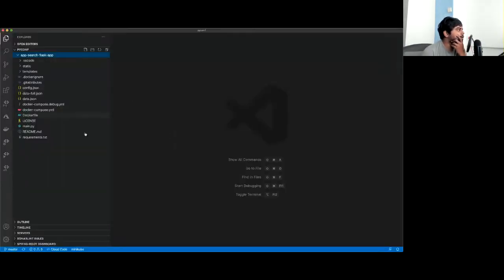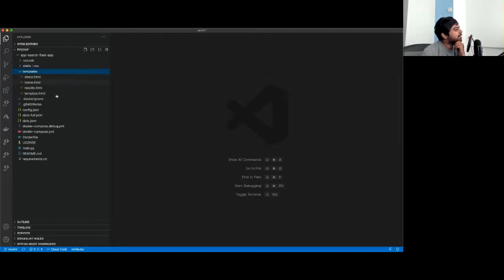I have a bunch of files here which I will walk you through, and if you have any questions in between, let me know. If I'm going fast, which I actually am, because I want to cover as much as possible, but if you feel it's fast, let me know and I'm happy to slow it down. So for example, here I have a bunch of settings. I have a static folder which contains my CSS. I use spectrace.css, not Tailwind, etc., but I plan to use that as well.